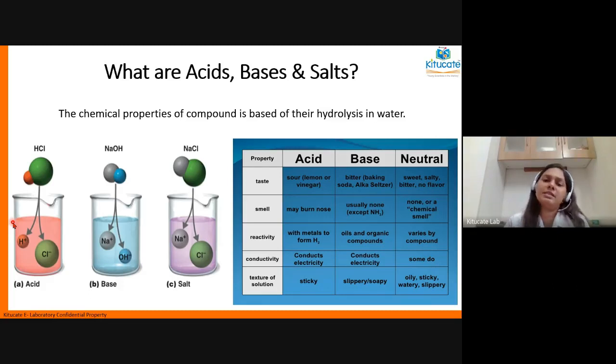And in this process, some atoms become a positive ion and some atoms become a negative ion. Now let's come back to this picture. In this picture, the HCl, when it is split, H plus is a positive ion and Cl minus is a negative ion. So H has given an electron to chlorine and chlorine has borrowed an electron from H, and that's how they became HCl.